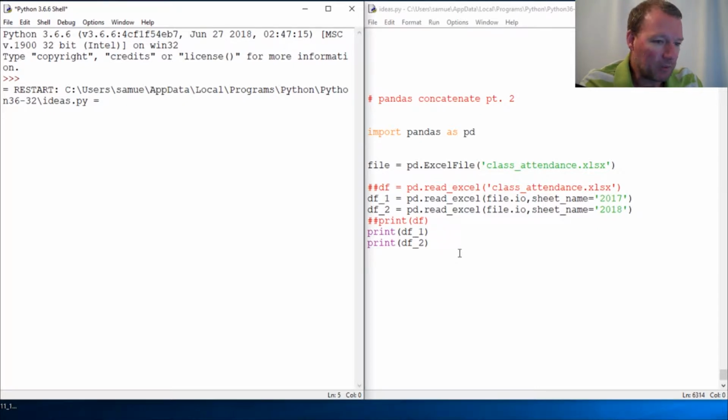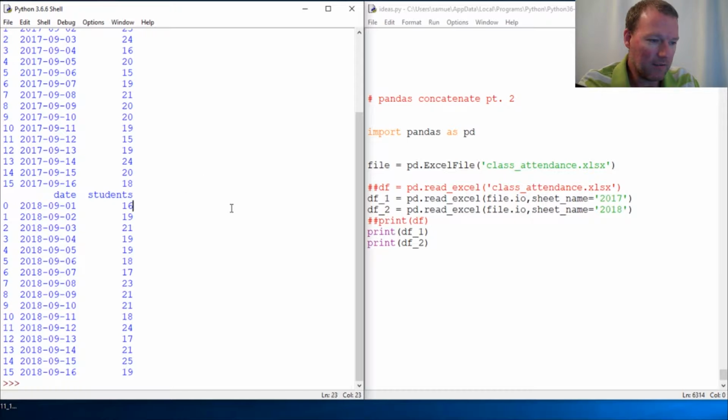So thanks for joining us, and this is an extension of last time's concatenation of data frames. It's going to be a little bit of a tease, and we'll talk more about the object that gets created next time, but I wanted to get this under our belt to kind of intrigue you. So all right,